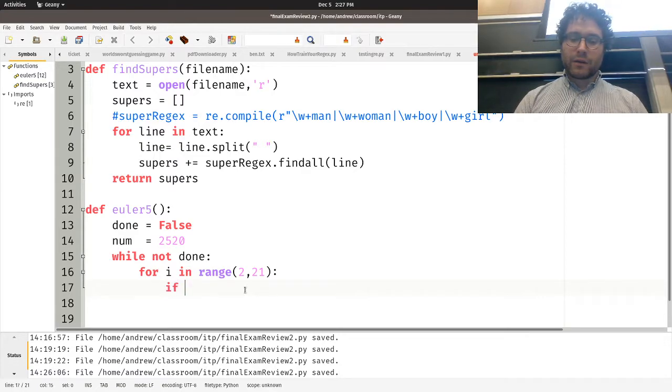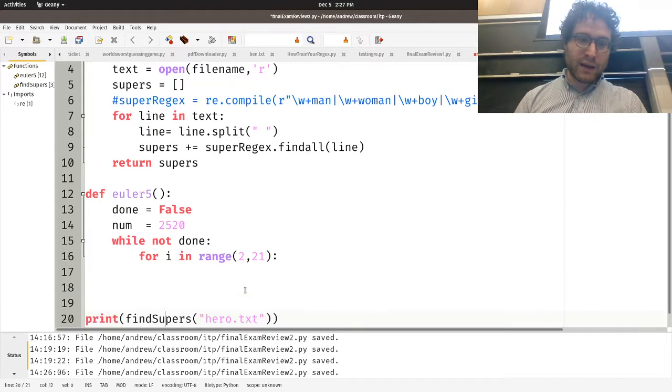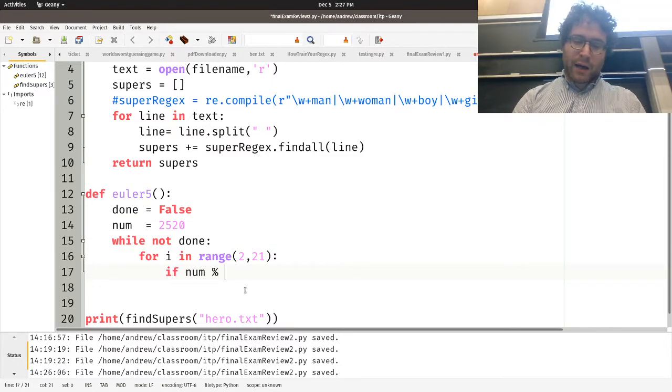If we want to check basically that this number is not divisible. So, if num mod i is not equal to 0, in other words, if it's not cleanly divisible by one of the numbers from 2 to 20,